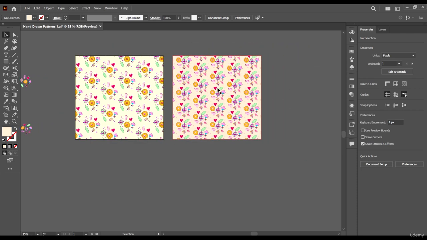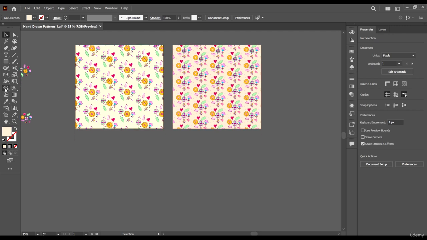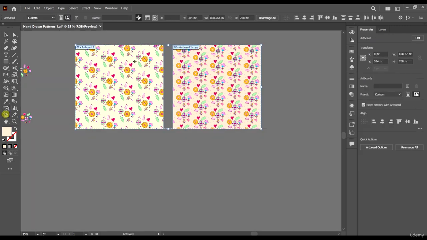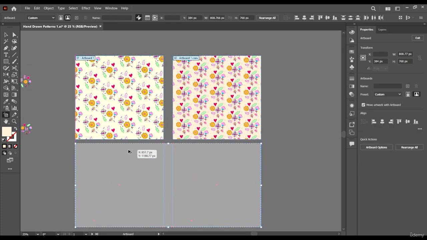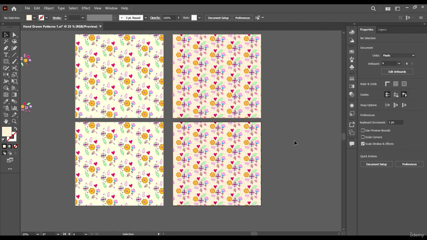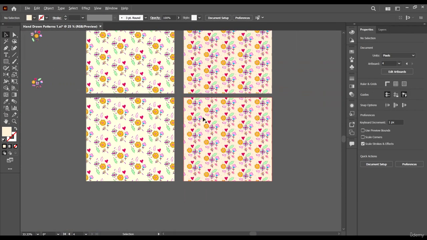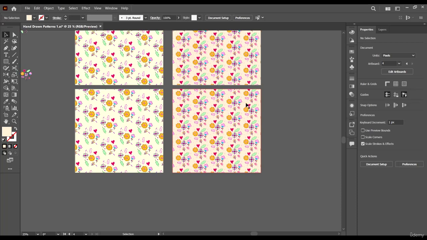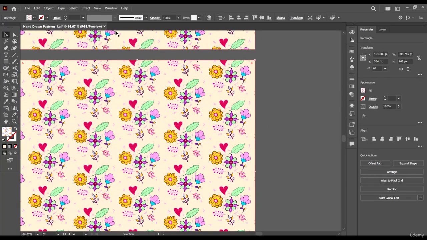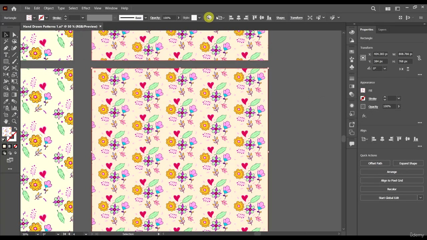Now I'm going to zoom out a bit, select my edit artboard tool, select both artboards and duplicate them, so we have duplicates of our artwork. Now I'm going to start with this one. So select, go to the Recolor artwork tool here,